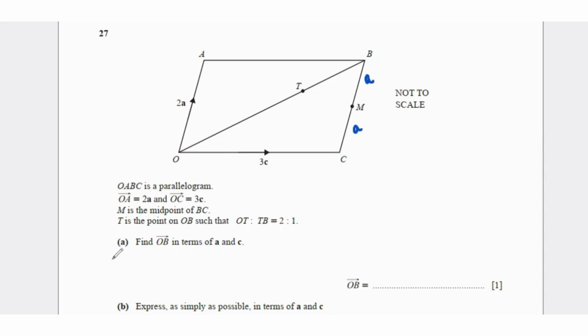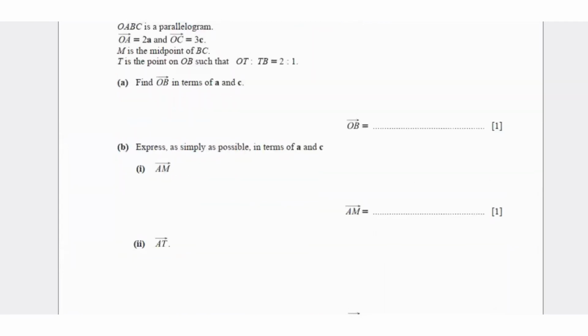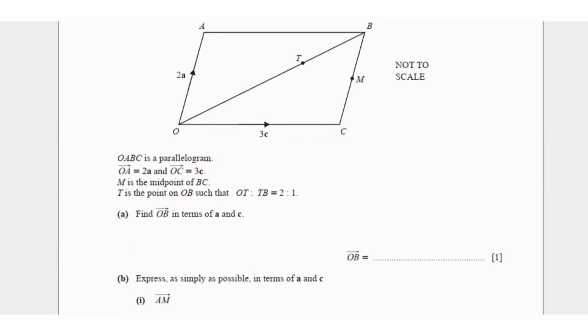OB would be OC plus CB, which is 3c plus 2a. That is your OB. Then it says express as simply as possible in terms of a and c, AM. So to find AM,